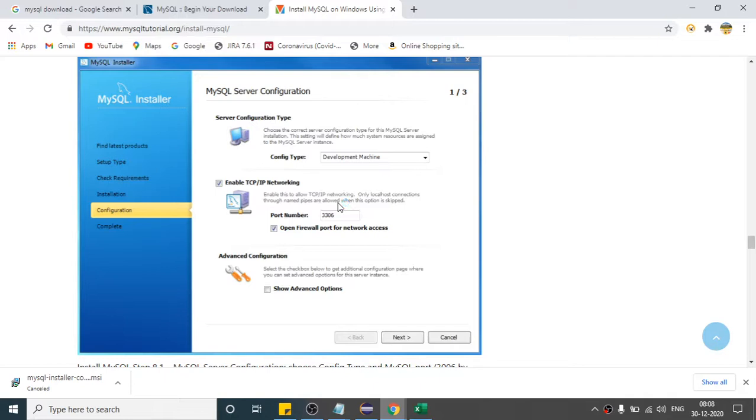Basically this port number will help you connect to your database, right? So do not change anything, let it be 3306. After that you have to click on next,